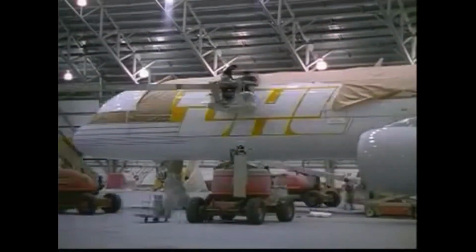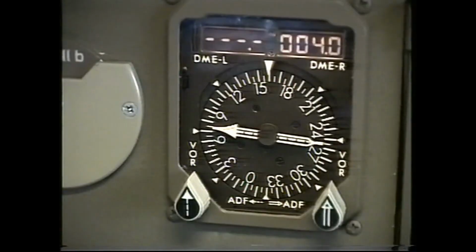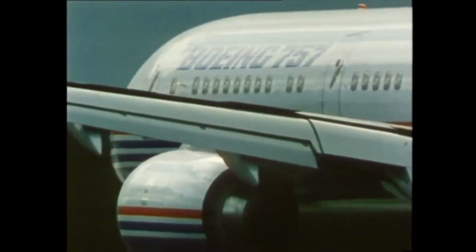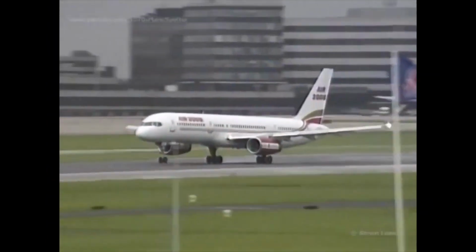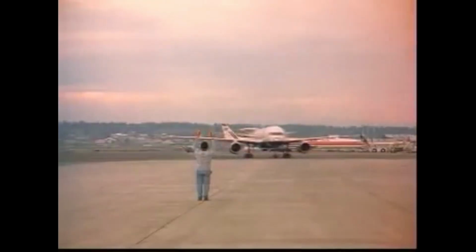When the 757 was introduced, it was one of the few aircraft that could handle long transatlantic flights as well as short-haul domestic routes. However, with the arrival of extended operations, ETOPS, certified twin-engine aircraft like the Boeing 777 and Airbus A330, the appeal of the 757's versatility began to fade. These new models were able to carry more passengers over longer distances with better fuel efficiency, further denting the 757's